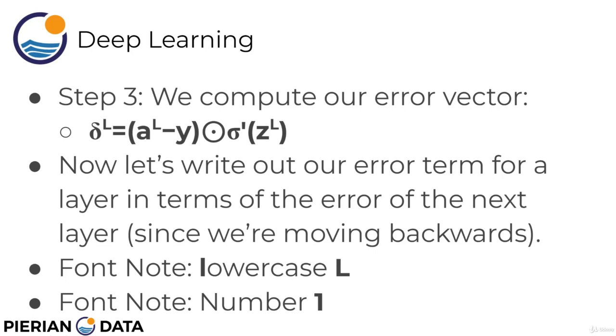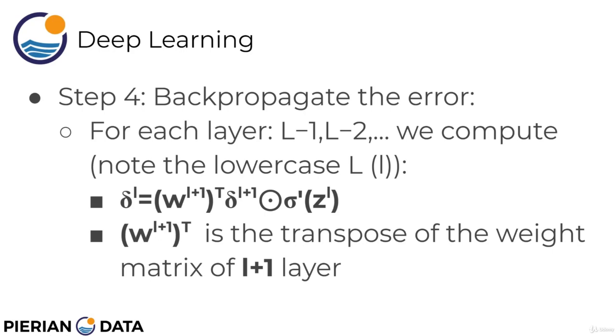The reason I'm not going to be using a capital L is because in general we should be using capital L to denote the very last output layer. And what I want to do is show you the formula for the error vector and those calculations for any layer l, lowercase l that is, inside of the network. So for this back propagation step, for every single layer, starting at the very last layer, capital L, then moving to capital L minus 1, capital L minus 2, etc., all the way for all these layers, the generalized error term, that delta to the little l,